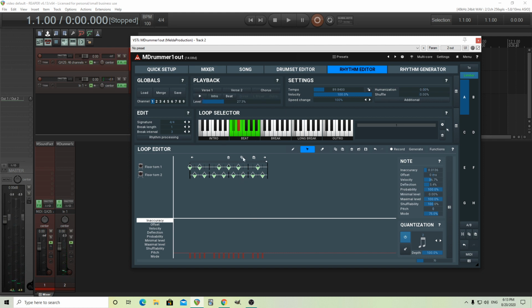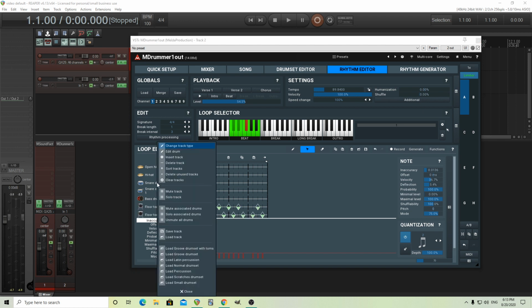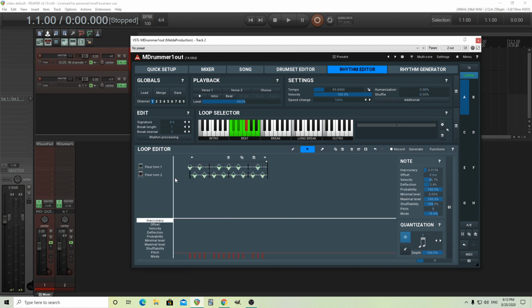No, that's pretty good. I'll copy this and let's move it up here, paste it, and then delete unused tracks. Now let's start adding something a little bit more interesting. So now let's add, let's do this first. So go in here, I'm going to add 2 hits here on the 1 and 3